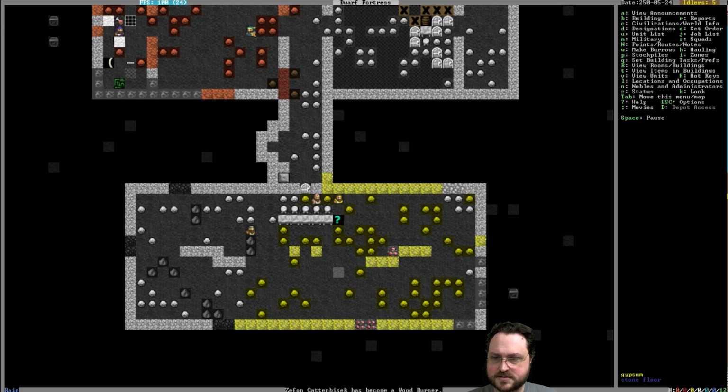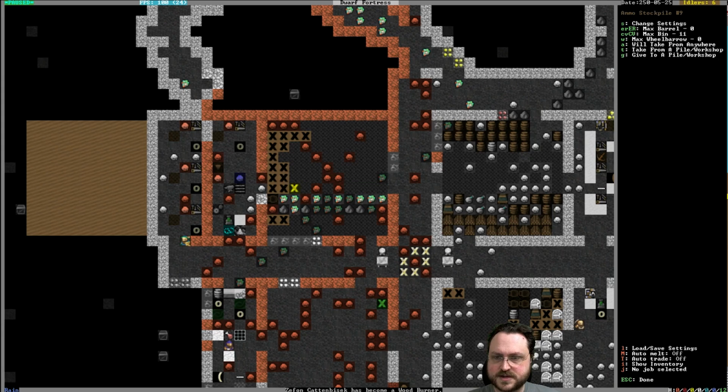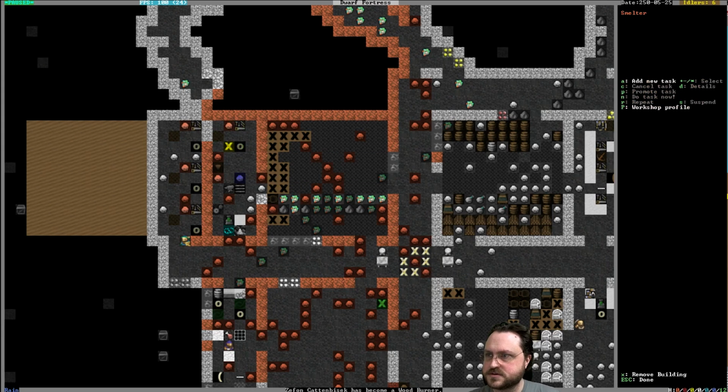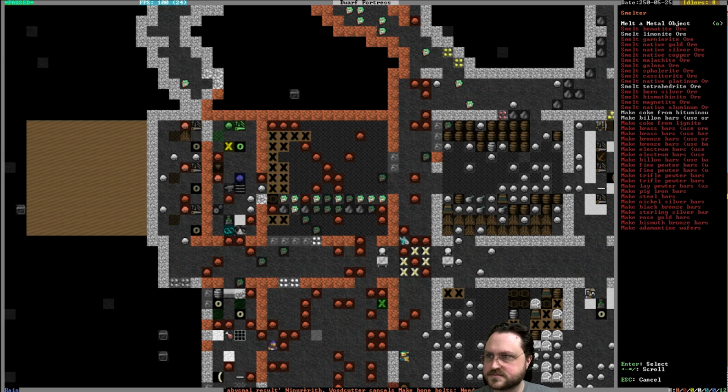Just to beautify our little dining hall. Okay, so we got some bars, which means now our smelter... Oh, no, that's not in storage yet. They just made something. There we go. So now we can start smelting...